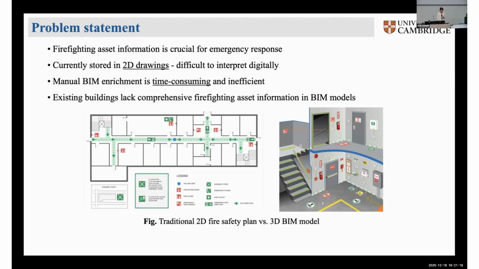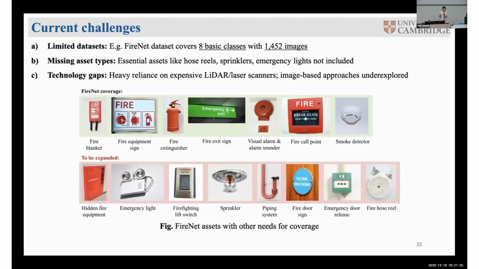But currently, if we use some camera to capture the fire information in the building, it is very challenging because we don't have enough data sets. Currently, we only have the FireNet developed by UCL. And we can see all the images are collected in the UK, and it's not that good for computer vision training.